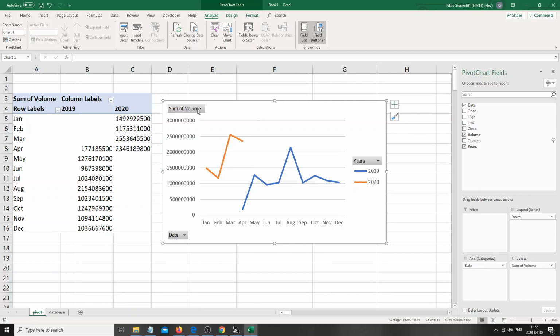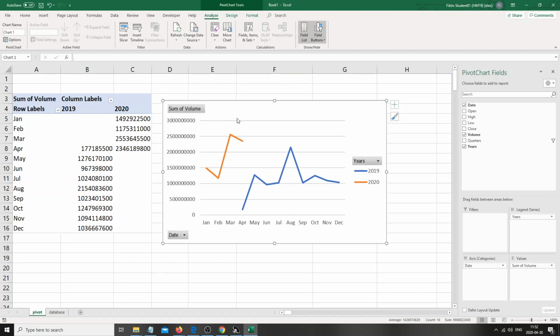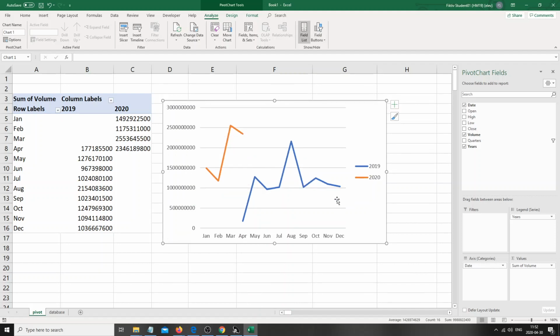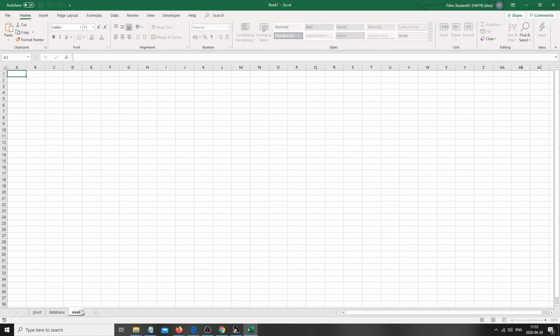And see here, we can remove this by just right-clicking and going, let's see, we click on the actual button and go Hide All Field Buttons on Chart. That removes all these various buttons. Can be a nice thing if we want to use the graph. And if we want to use the graph, we can't just copy it and paste it somewhere because it will still be connected to a pivot table. So when we change things around, which we are going to do quite a bit, instead, when we copy this and want to paste it somewhere in a database, or maybe have an overview sheet or something,